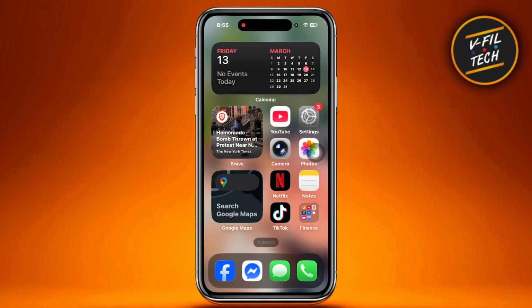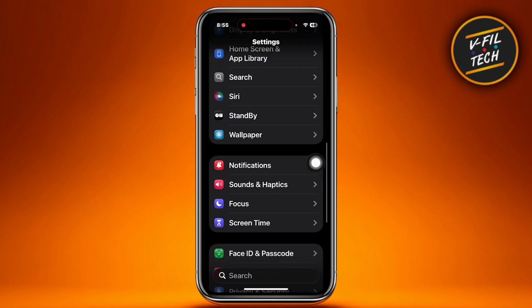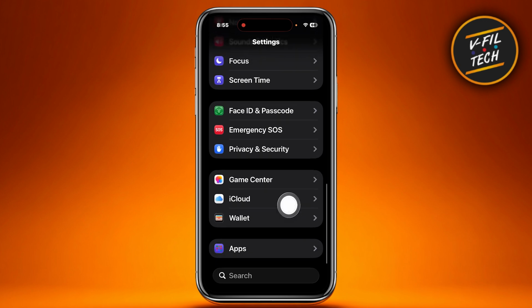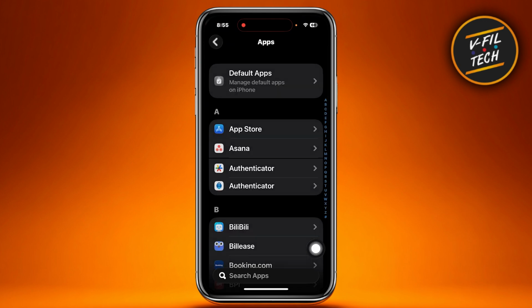Hey guys, in this video I'm going to show you how to detect and remove viruses from your iPhone. So for us to get this done, the first thing that we are going to do is head over to the settings right here and scroll down to the bottommost part, and you're going to go ahead and open the